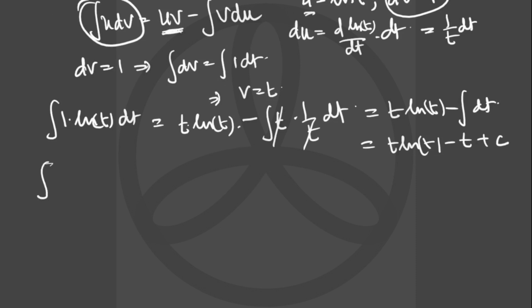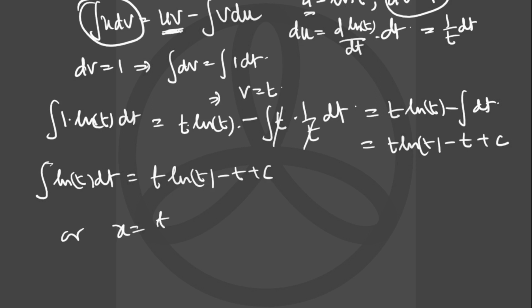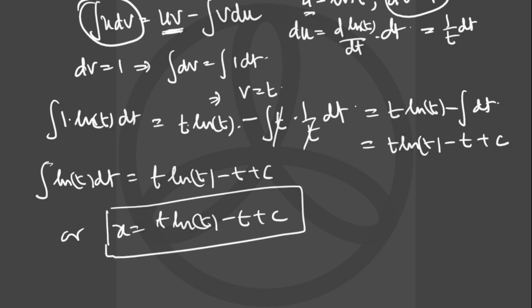So we have our solution now, and this is t ln t minus t plus c, or we can write x is equal to t ln t minus t plus c. Now we have the general solution, x is equal to t ln t minus t,